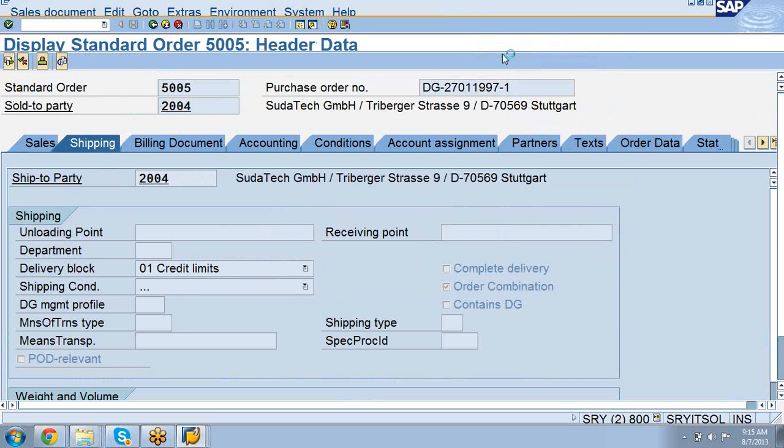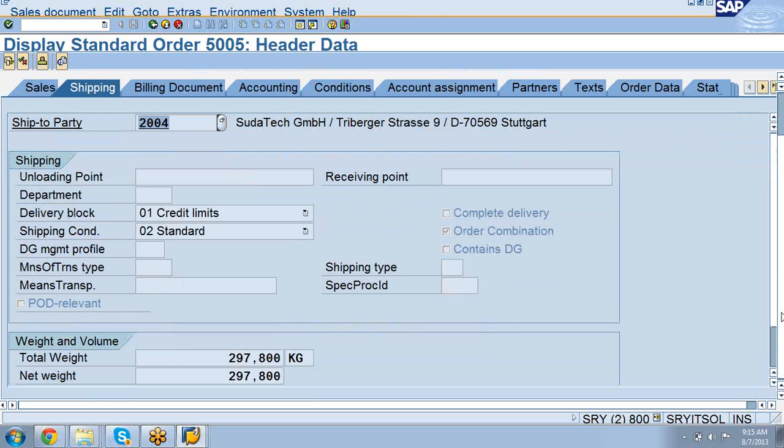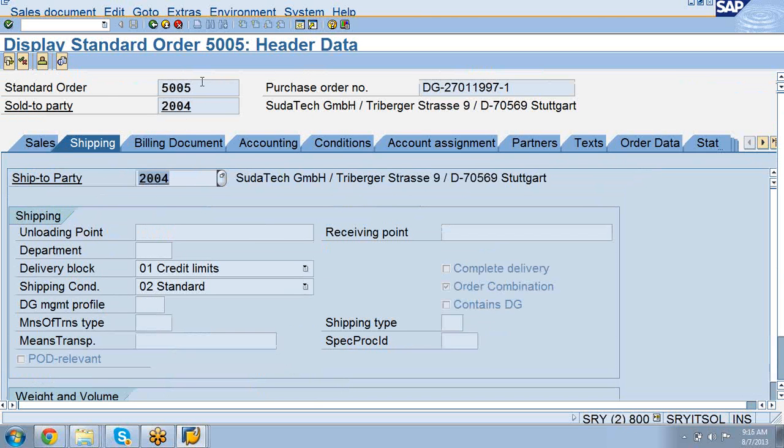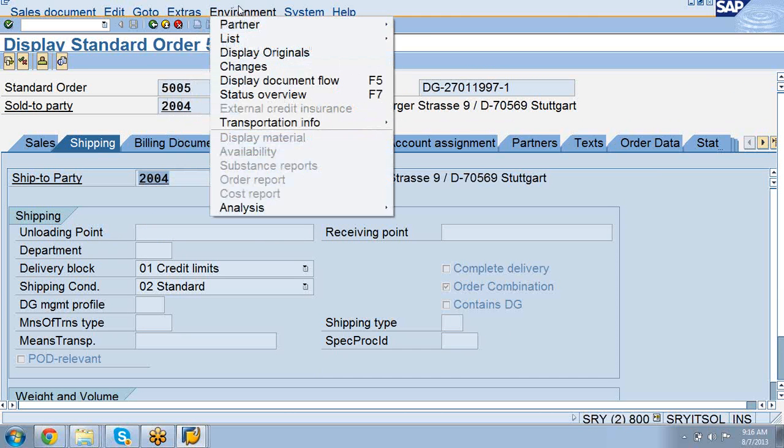So item specific. You can see this. All the shipping determination will follow your ship-to party and shipping conditions from your ship-to party details. Sometimes the delivery block is a different thing. So weight and volume is one thing which it'll try to check. So suppose if I go to environment,